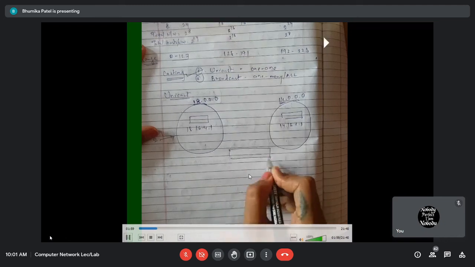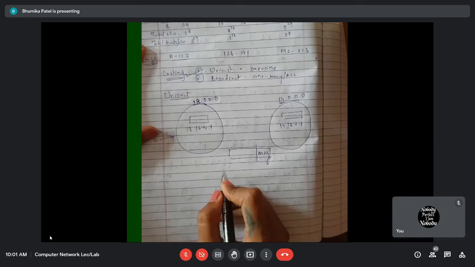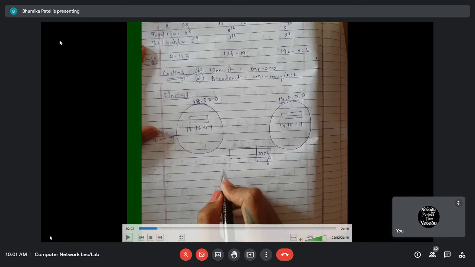Now, if I want to send a message, this is my message. It will come from the application layer, then presentation, then session, and then transport. In the transport layer, we add the source port number and the destination port number, which we will see in the transport layer chapter. We are currently seeing the network layer chapter, which means we are dealing with devices and the router.